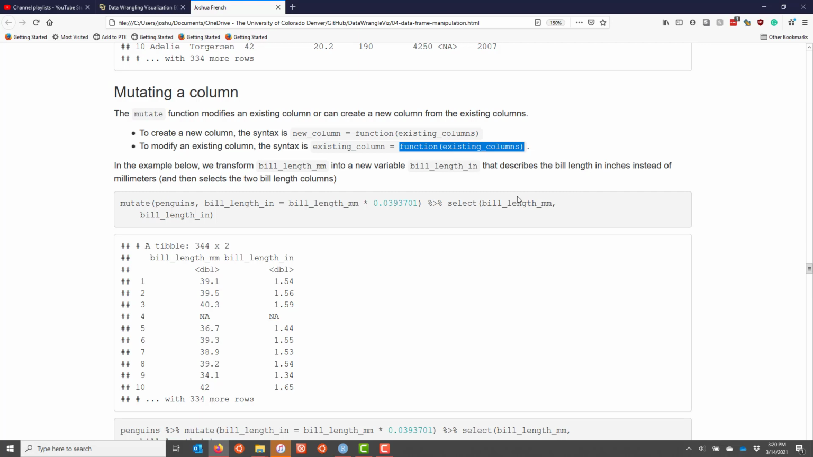For simplicity, I'm also going to afterward select two of the columns just so that I don't get a tibble that's too large to print to screen. So in this example, I use the mutate function. Similar to other dplyr verbs, I first give it the data frame that we want to manipulate, and then I want to create a new variable, bill_length_in, where in stands for inches, and it's going to be the bill_length_mm column multiplied by this constant right here, which is going to convert the millimeters units to the inches units. I then use the pipe operator to select the two columns of penguins related to bill length,